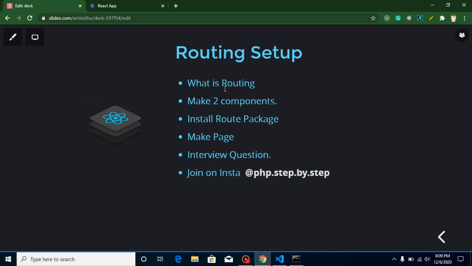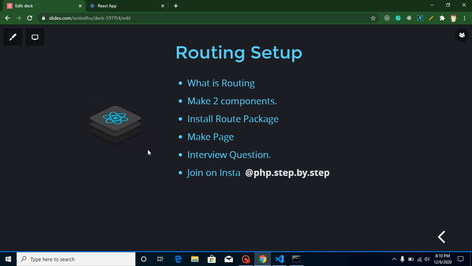So the first question is basically, what is routing? In web applications or websites, we create different pages for different functionalities and features, and we access these features on a specific URL, and we call it routing. For example, in a basic website, at least we need three pages: home page, about us page, and contact us page. And we create a specific route, or a specific URL, for these pages, and accessing these pages via a specific URL is simple routing.